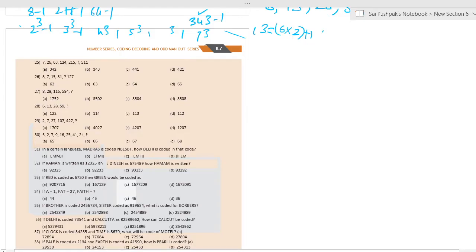Today we'll continue the number series which we have done yesterday. Okay, let us start the coding now. The first question in coding is